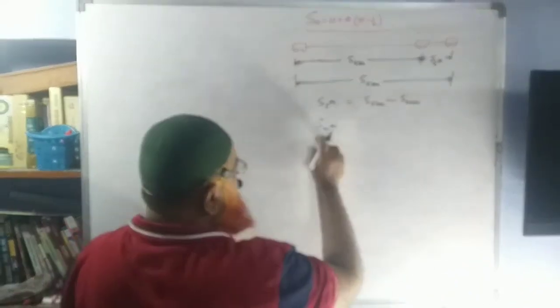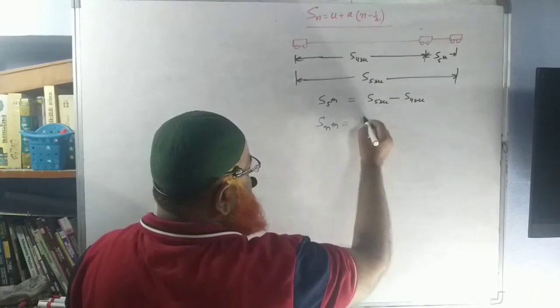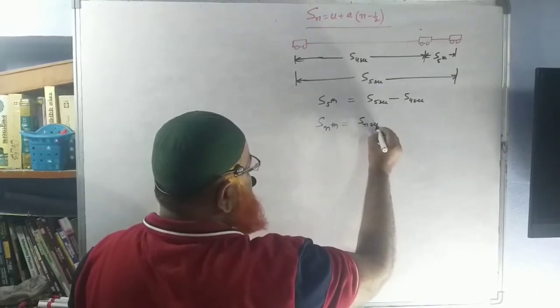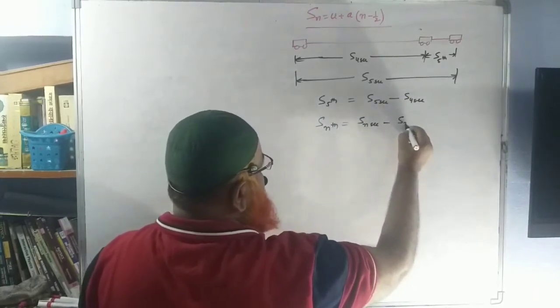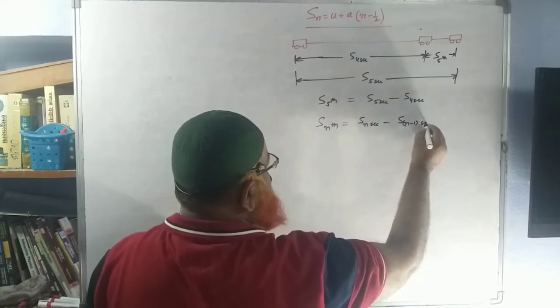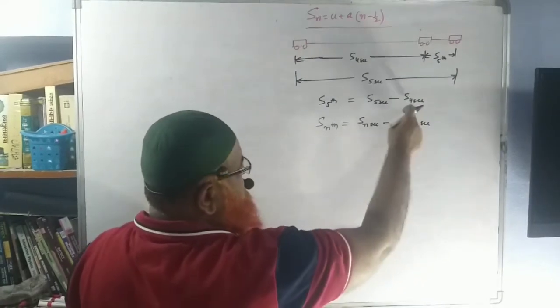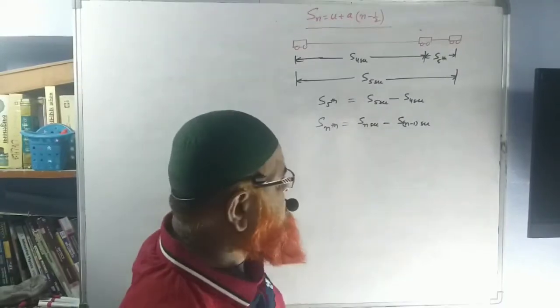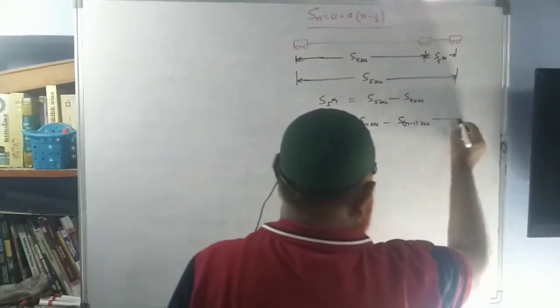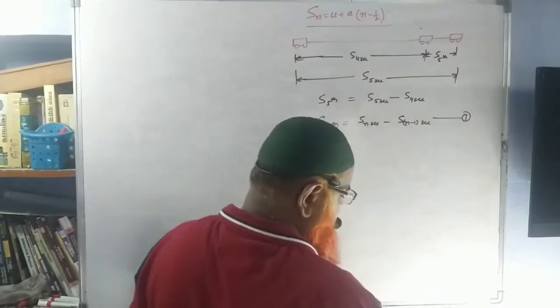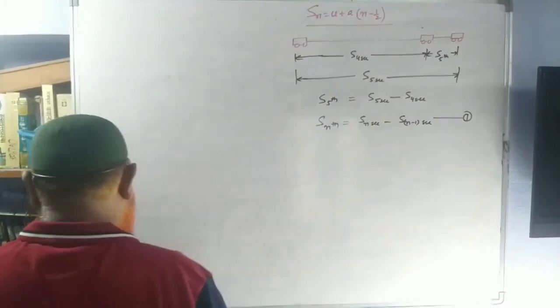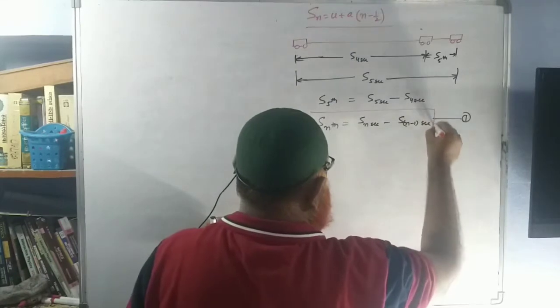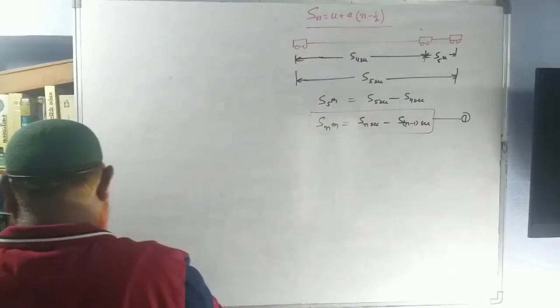So displacement traveled in nth second will become displacement traveled in n seconds minus displacement traveled in n minus 1 seconds. Because if this is 5, this is going to be 4. Then if this is n, this is going to be n minus 1. So finally we are writing this as the first equation here. So now separately we need to find out,